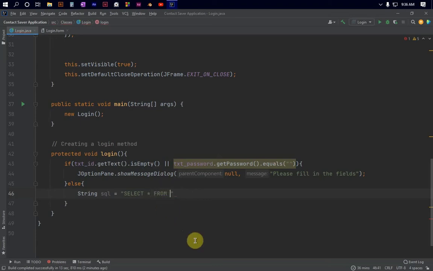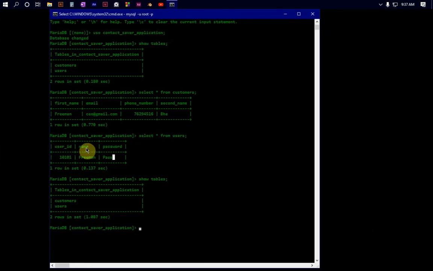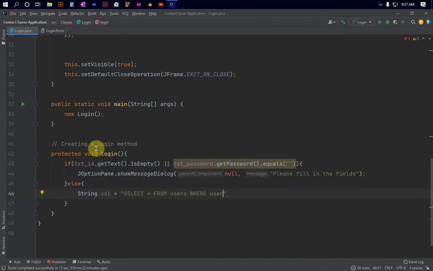And then when we say select star from users, we need to have a condition, because we need to check the user ID that the user has entered. We need to check whether in the database we have that user ID that you have just typed in, then we want to select that whole record. So we're just going to say select star from users, and then we have a where condition in here, where maybe user, what do we have in this? We have user ID and password. Okay, we're just going to say user ID